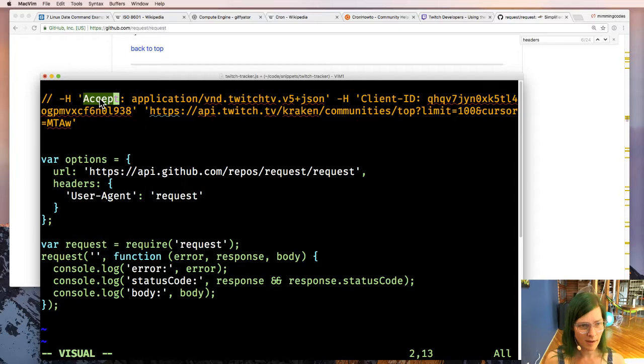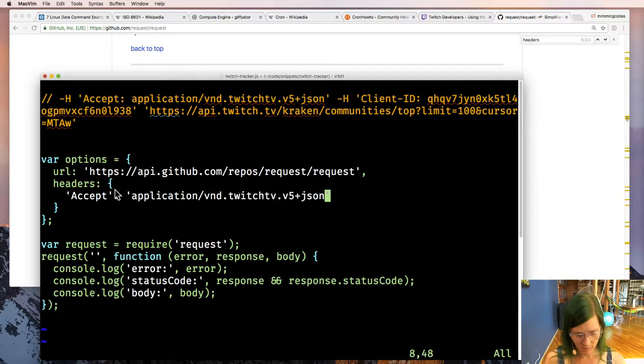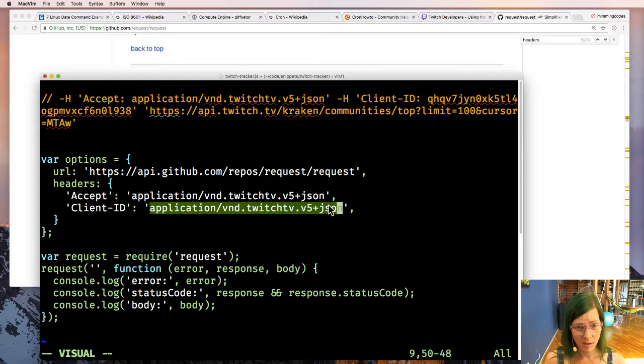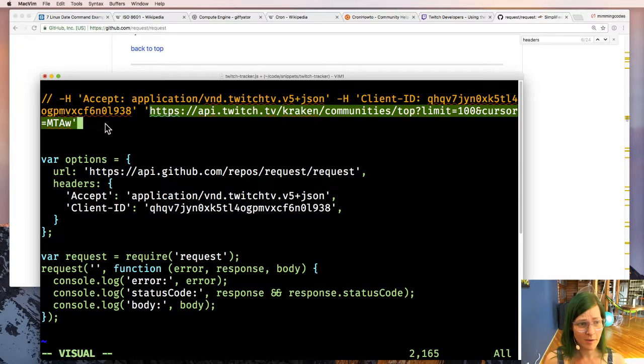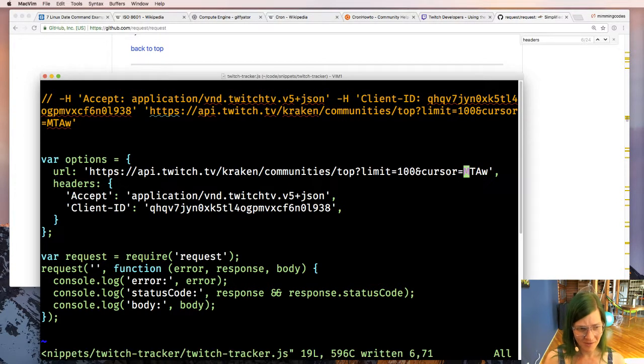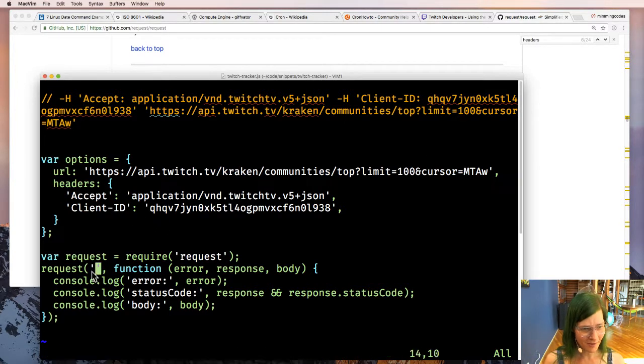So let's go ahead and set a couple of headers, and set that client ID header. And our magical URI with our apparently evergreen paging tokens, which I still can't believe that token works 3 weeks later. Which means they're not really using tokens the way one would expect.